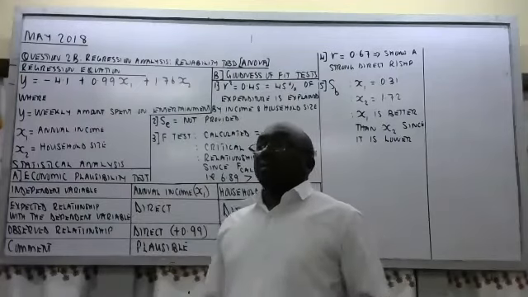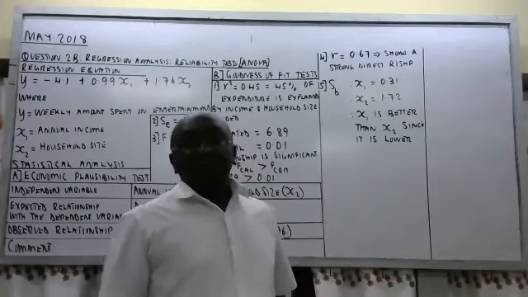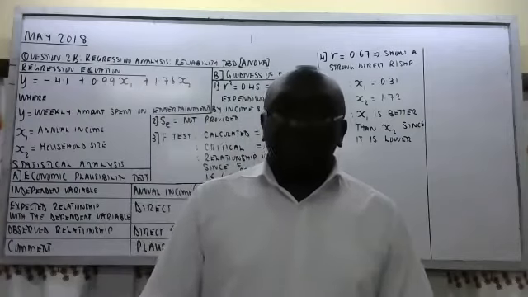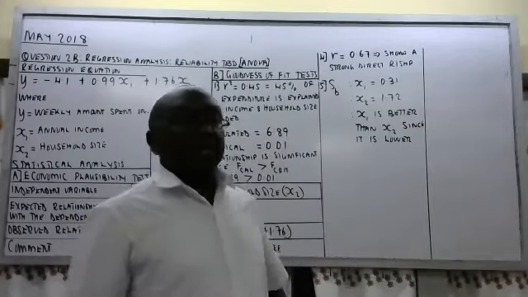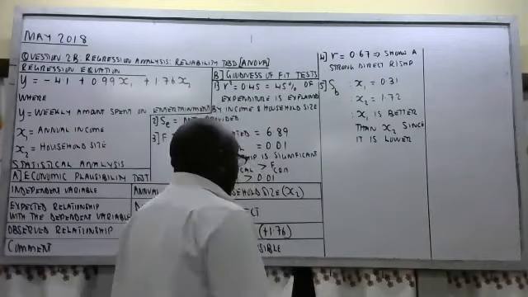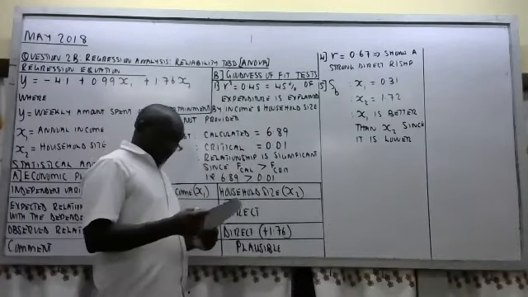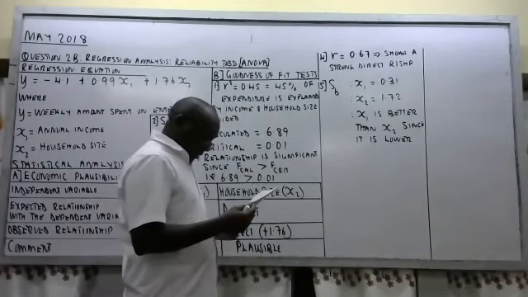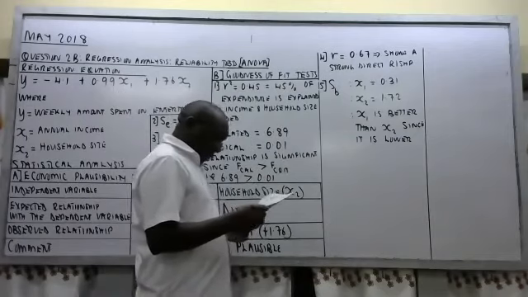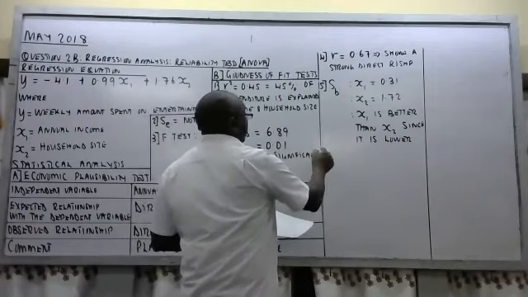But income is a strong indicator. Not a must, because you could also be very rich, but very stingy. You don't spend on your family. There are people who are like that. But to a greater extent, we know that the amount of money you have determines the expenditure. The last one, number 6,